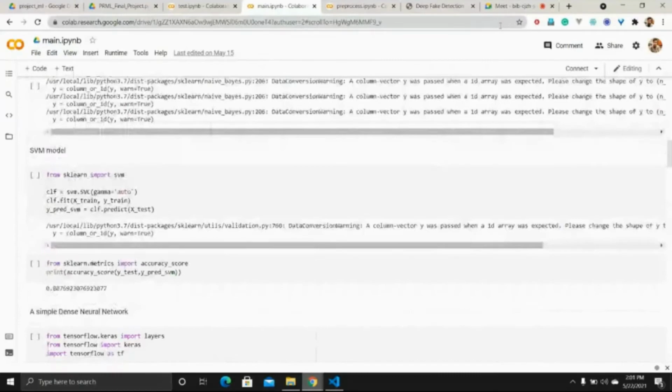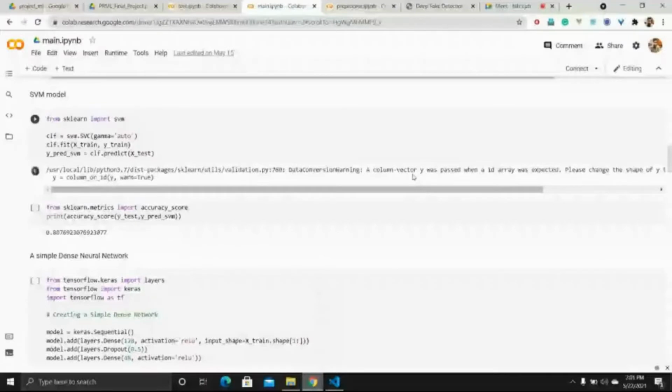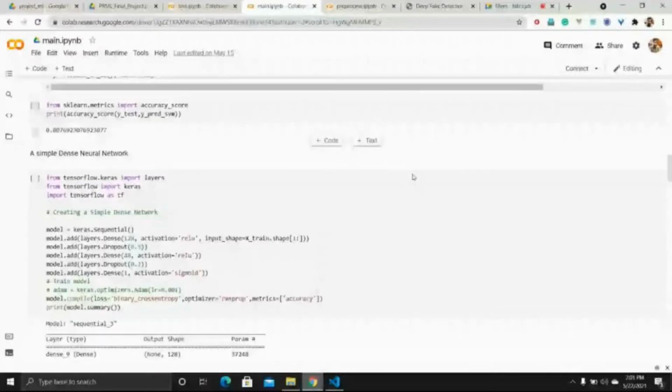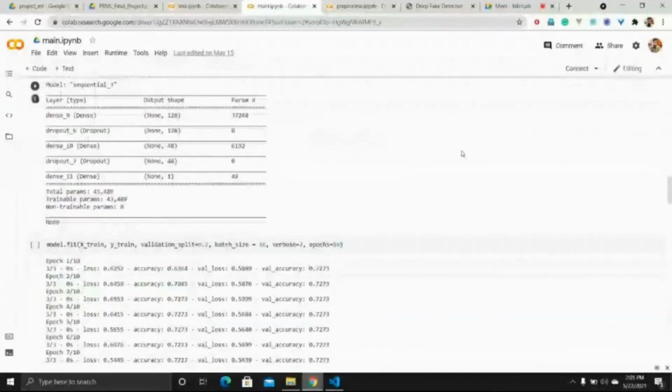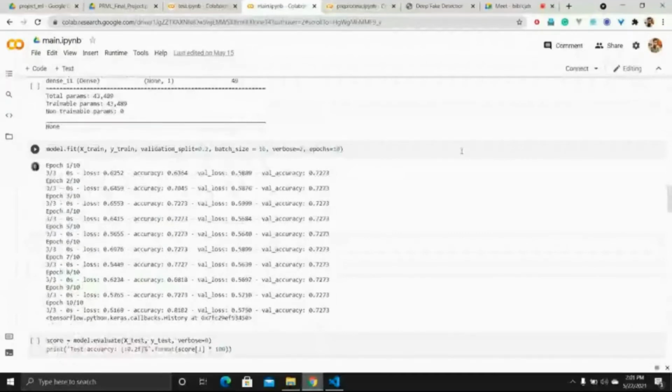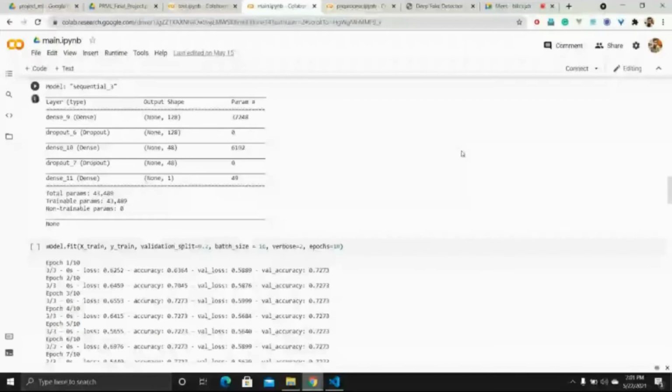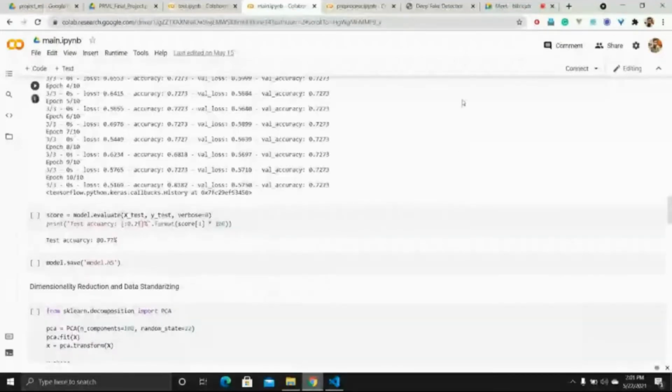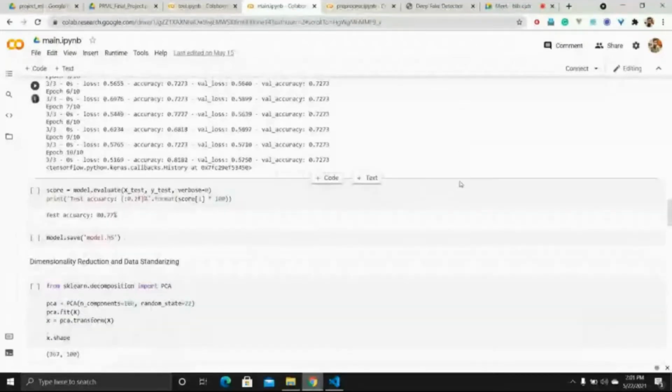So let's start with the first set where we trained the model without doing any further pre-processing. We used grid search and found out the best possible parameters for the training. With those parameters, we trained the models and then calculated the testing scores. The testing scores can be seen in the report also. Once we had trained all these three basic models, we went on to train a complete neural network, and the neural network gave accuracy around 80%. We saved the model.